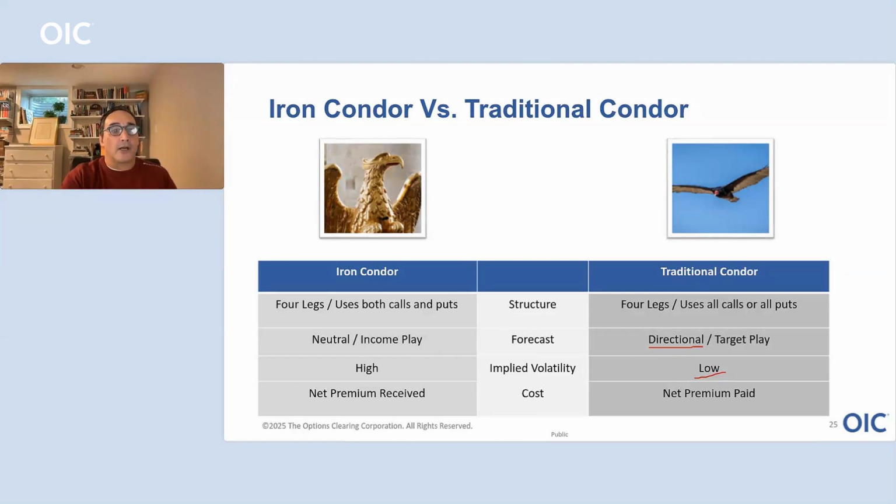There is no cost with the iron condor, because remember, we are taking in a credit, so we're going to receive premium. And with the traditional condor, we would be resulting in a net debit. We would be paying money. So typically, iron condors are done when implied volatility is rather elevated. Traditional condors are typically done when implied volatility or option prices are relatively low. So let's